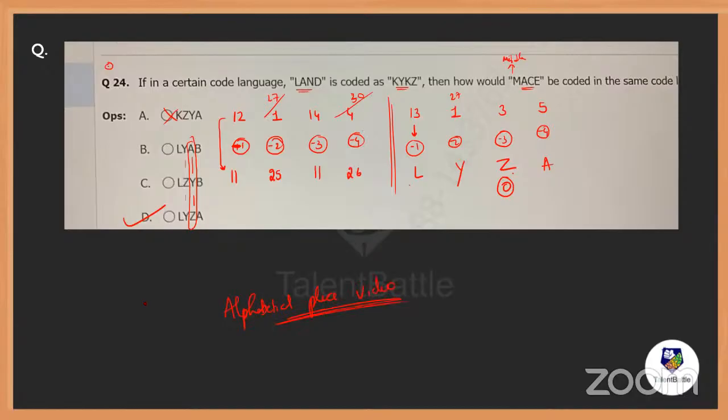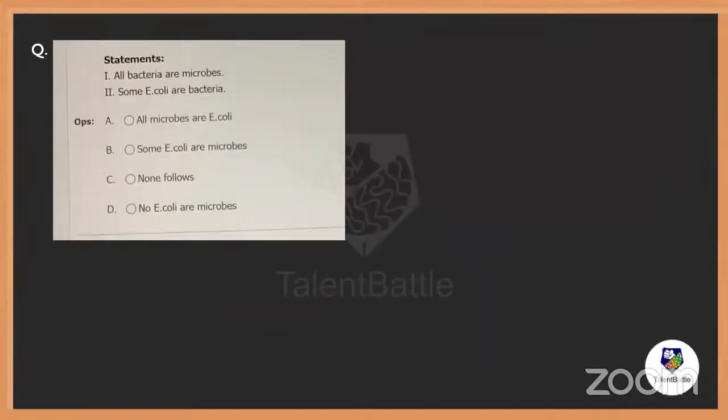For all the alphabets, A to Z, we have some rule or other to remember. Like N is November, 14, so 14. K is Kings Punjab, 11, right? And E is 5, E has 5 lines. Likewise, all the alphabets were discussed. Got it, everybody? Oh, that's good. Take a quick screenshot. We'll move on to the next one. 5, 4, 3, 2, 1. Move on to the next. Answer this, everybody.